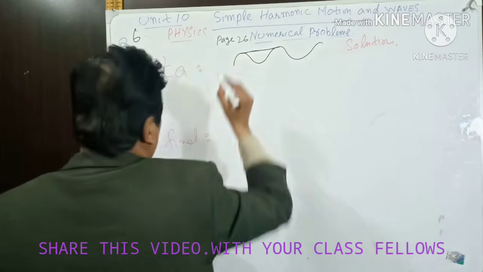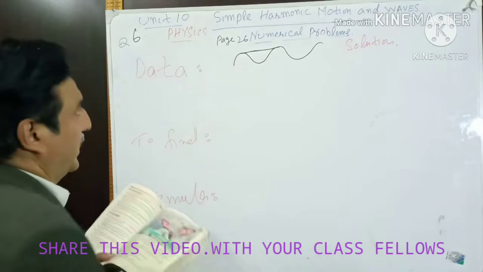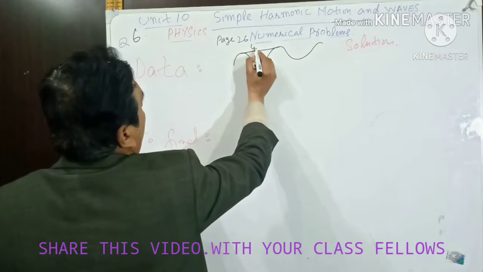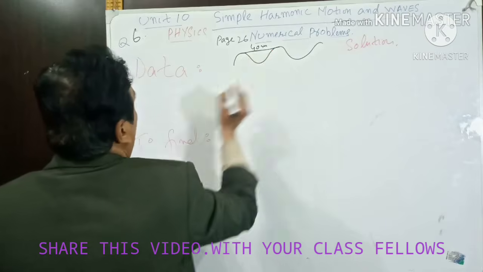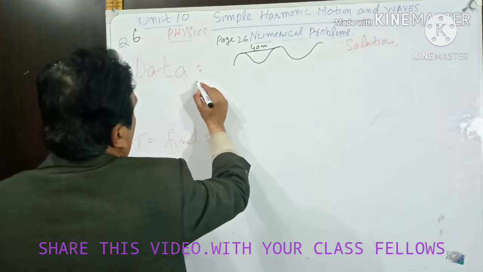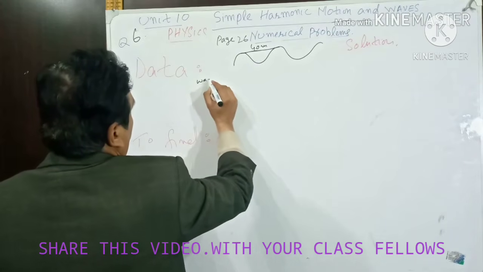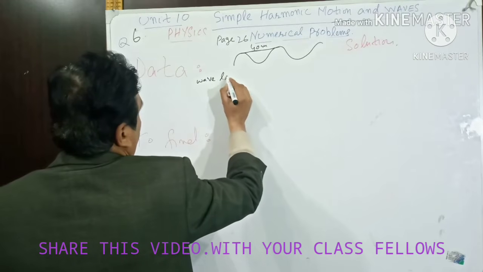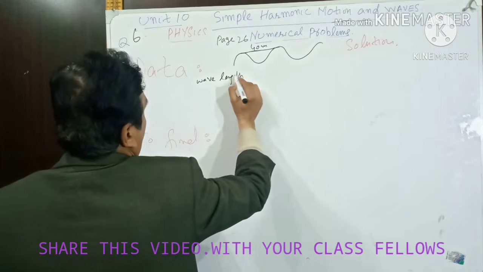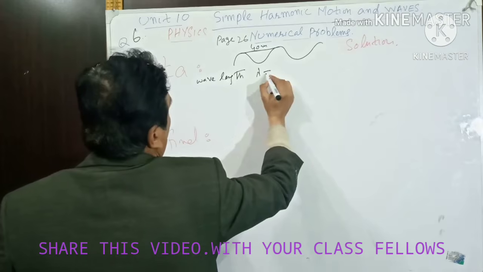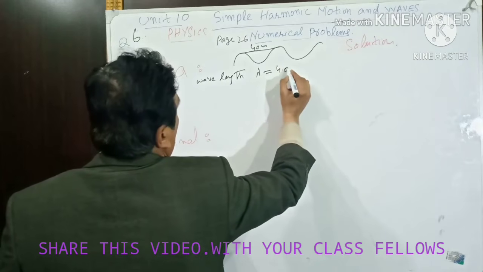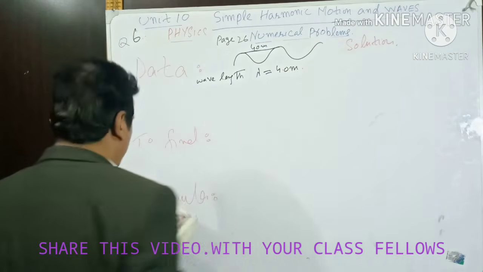This is called wavelength. It is given as 4.0 meters, so we can say that the wavelength lambda is 4.0 meter,